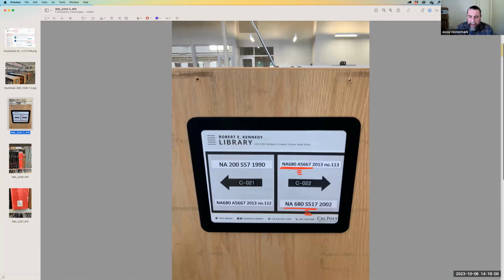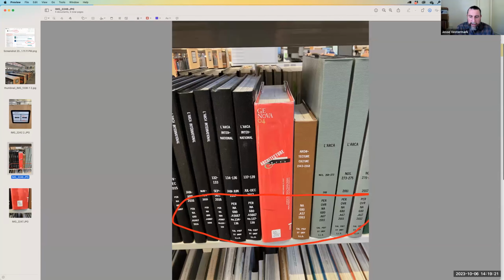680.A567. And here it looks like I found it, started with the NA 200s, then up to 680, then NA 680. And this looks like the A's are here. So this is probably the range in which my book will fall. And sure enough, when I turn right, I start scanning those A's. And here is my book,